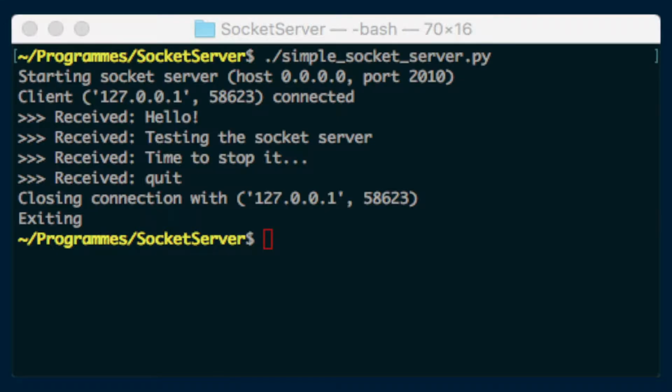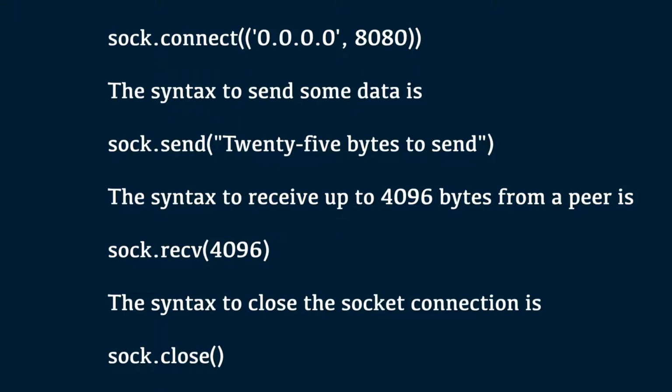Once we have an initialized socket object, we can use some methods to open a connection, send data, receive data and finally close the connection. The syntax to connect to an IP with a port could be sock.connect of IP address, port number, where the first parameter is the IP address and the second parameter is the port number, here 8080.